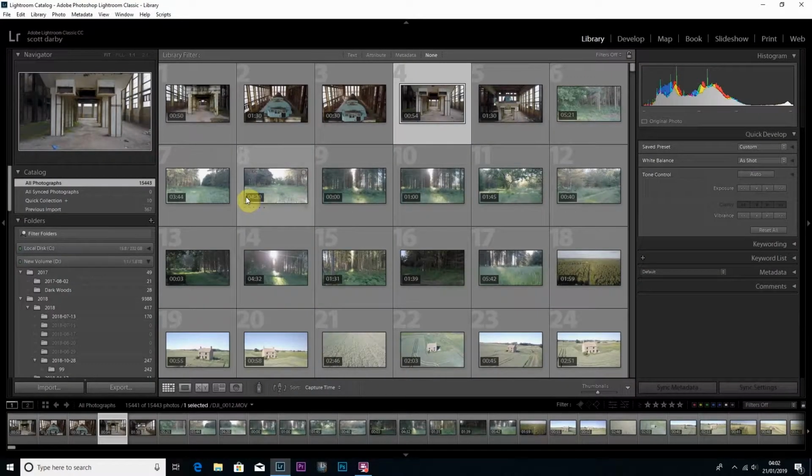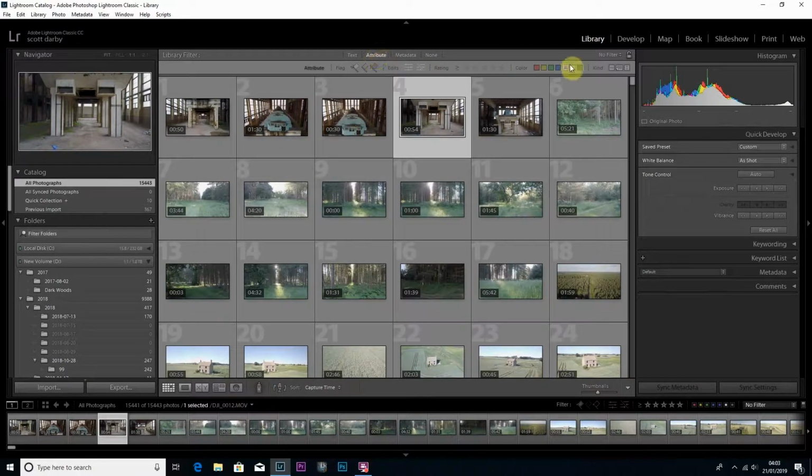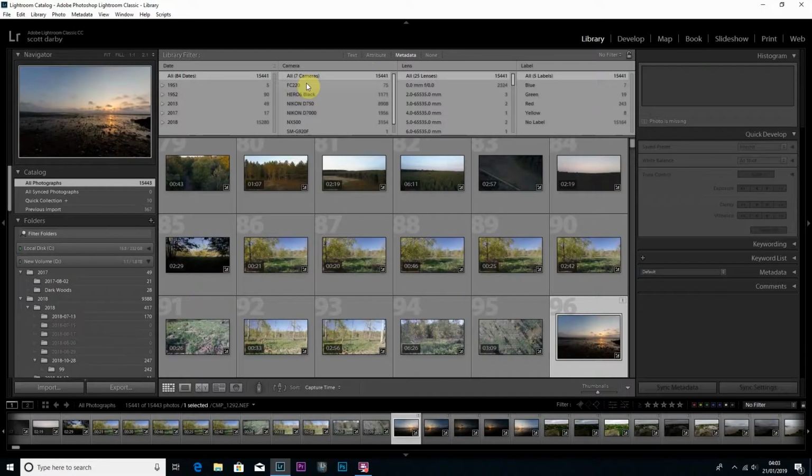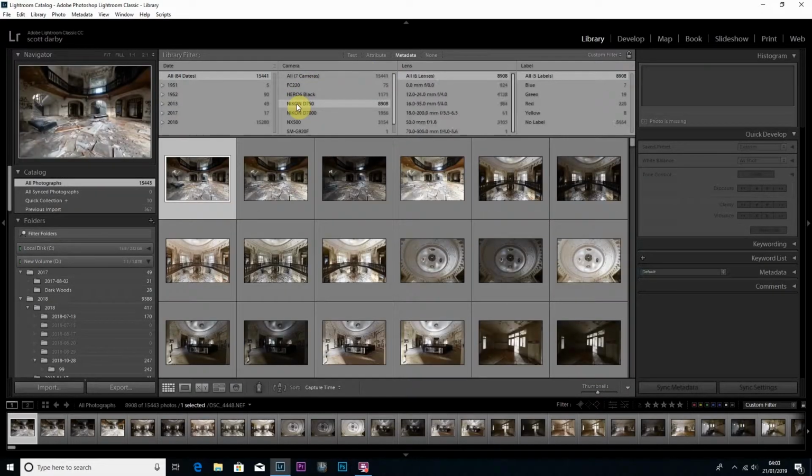So here we are in Lightroom and we're struggling to find something. We want to find something quick. So we want to find a video, we click on attribute, click here, and your videos come up. If you just want photos, you can click on here. If you want to find something by a specific camera, so I knew I shot it on the D750,